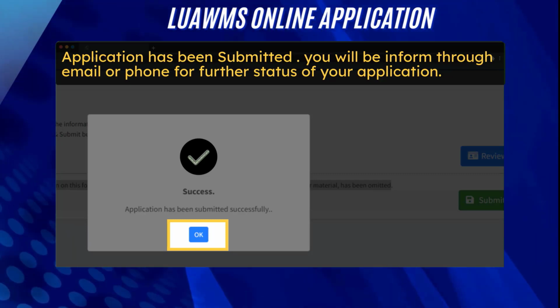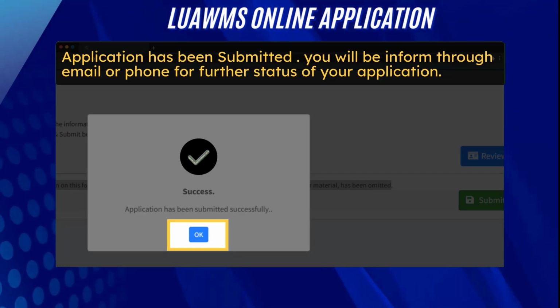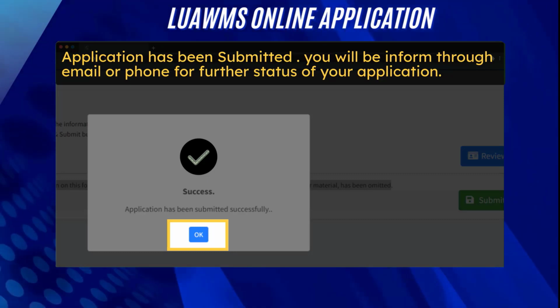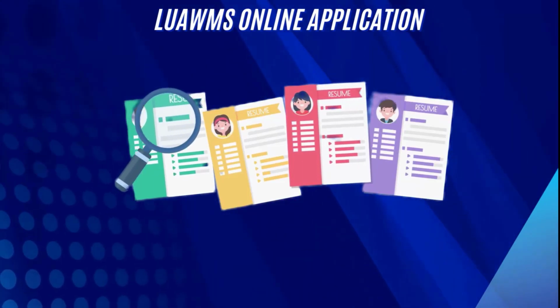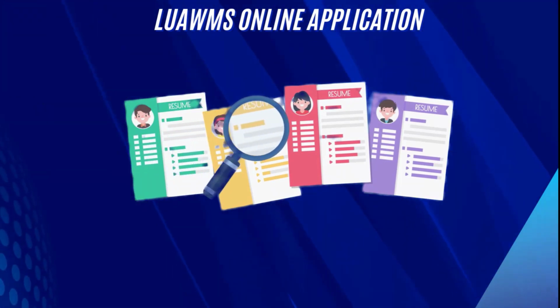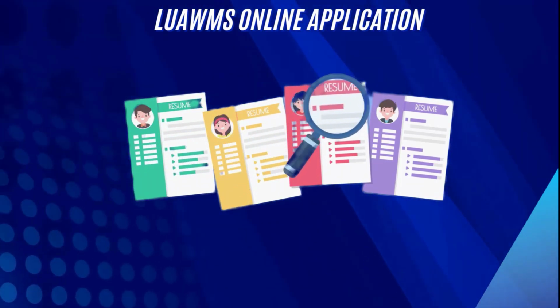Updates and notifications regarding the application status will be sent through email or phone. Click OK. We trust that this step-by-step application guide will prove invaluable as you navigate the process of submitting your